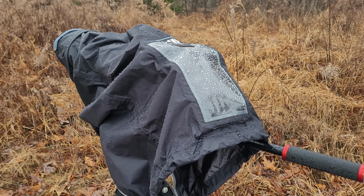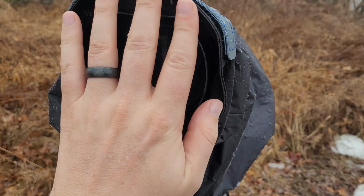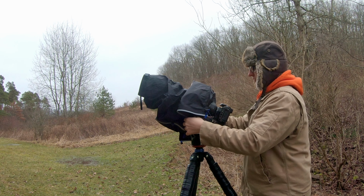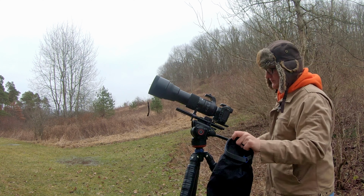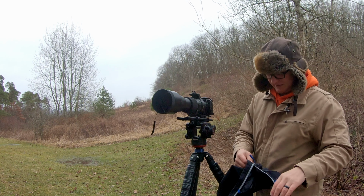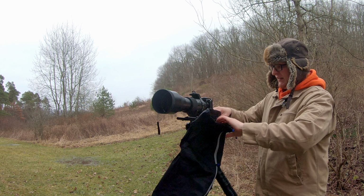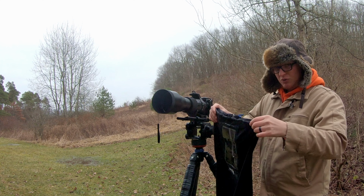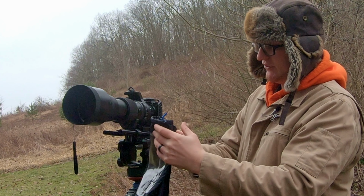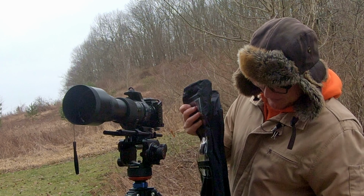So for putting it away, I'll show you a little trick about that. Thought it was gonna be a pain to kind of fold up, put back in there in this little pouch, but it really wasn't that bad. So just unclip it from the camera, slide it off the front. So when you go to fold it back up, obviously zipper it the rest of the way. Don't really have to do the little blue latches. Hold it with the window out, like you're kind of folding the t-shirt. Fold it back on itself into thirds, so it's only the window, and you fold it along the stitching for the window. Do that the rest of the way down,